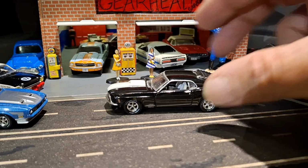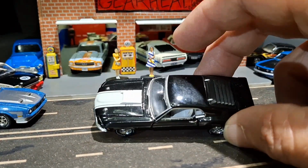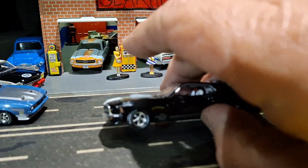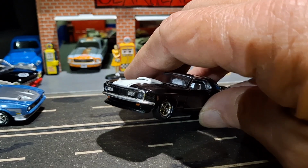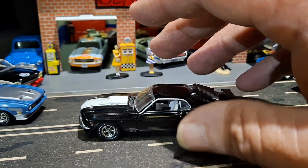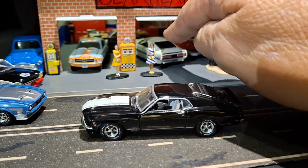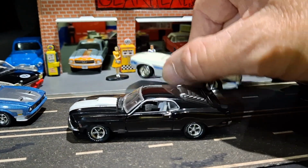Anyway, if you wanted to buy something like this 70 Mach 1, and it's a 351 car, you wouldn't have to pay as much insurance as if you got this